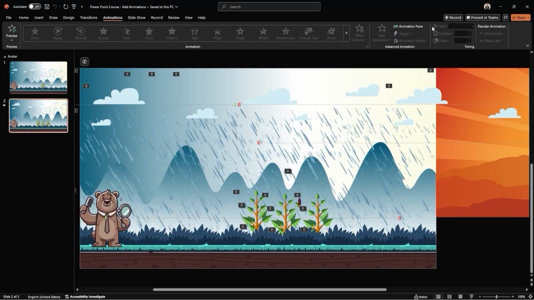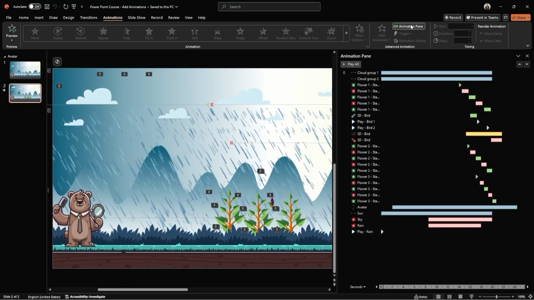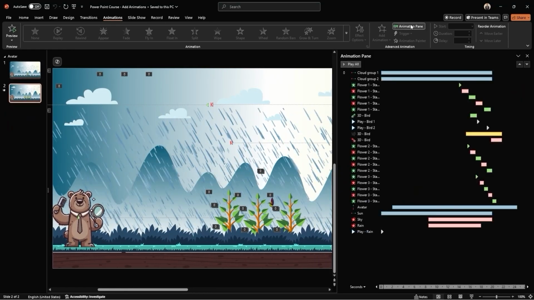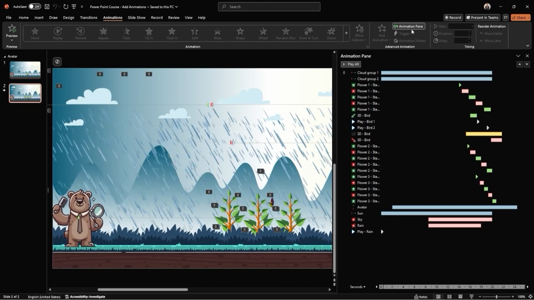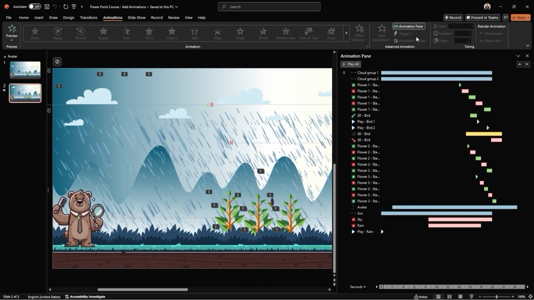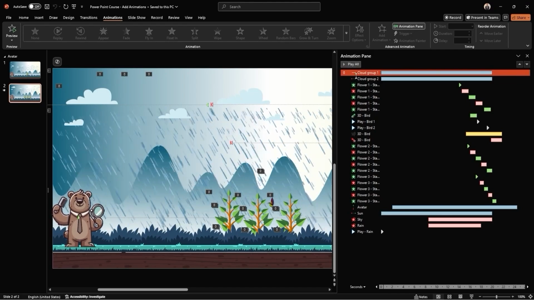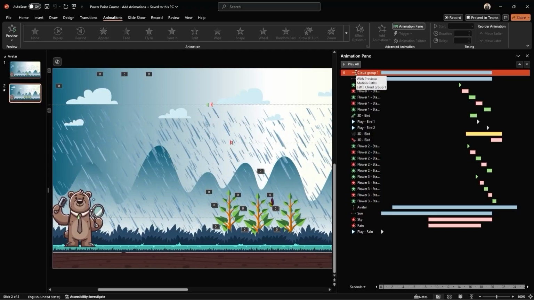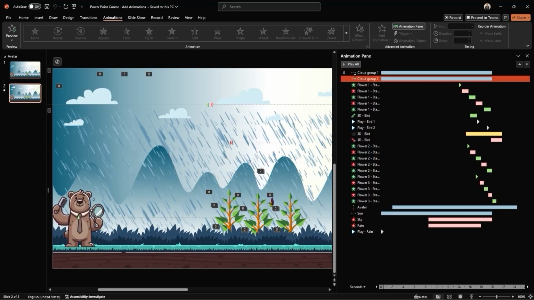At first glance, the animation overview might seem a bit overwhelming. The animation pane is also not in the order we'll actually build it, and some elements like the flower and the avatar we will skip for a later session. But don't worry, let me break it down step by step.